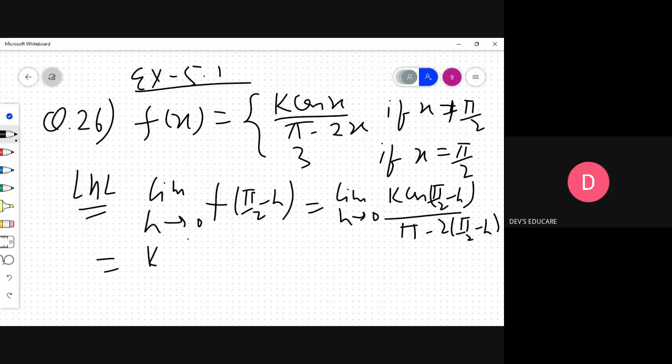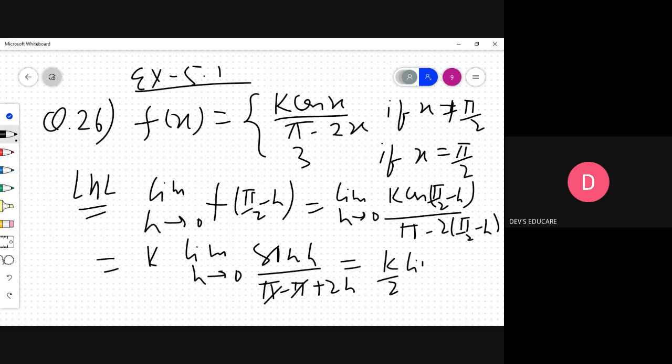Cos(pi by 2 minus h) is sin h, and this is pi minus pi plus 2h. So pi got cancelled. So this is k by 2 limit h tends to 0 sin h upon h,